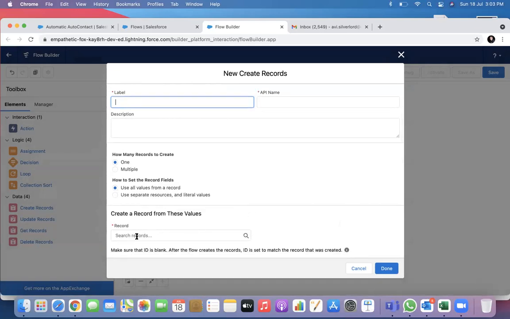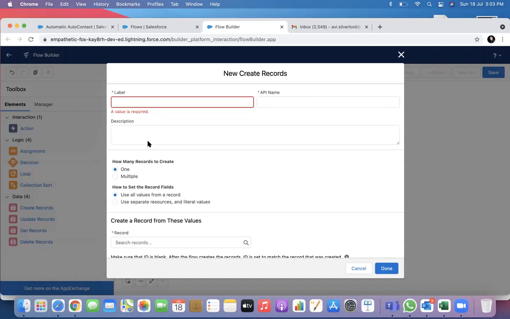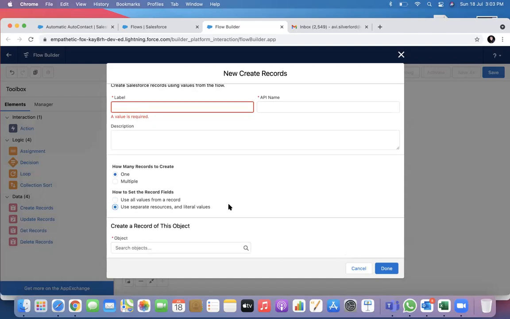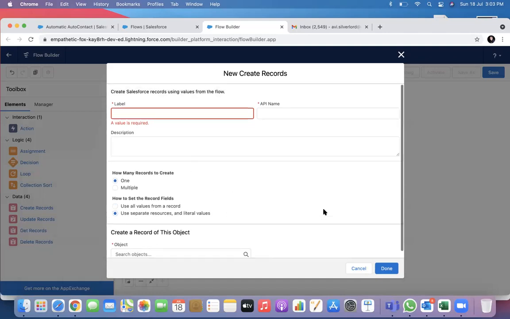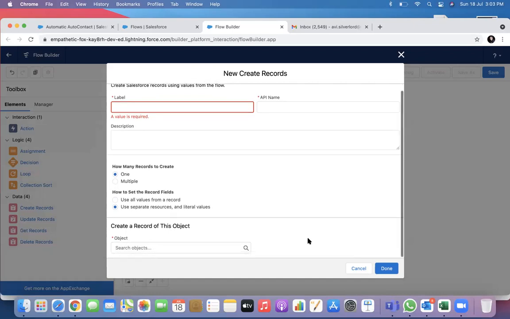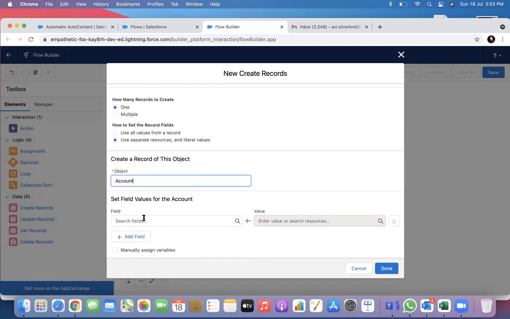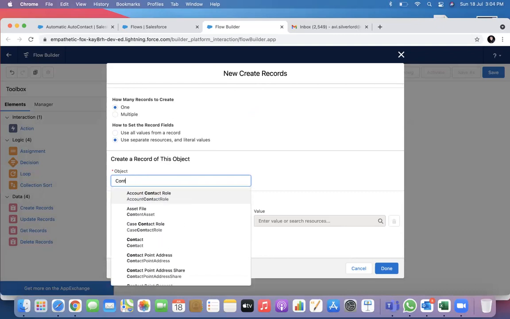You can use separate resources. You see, if you use separate resources here, then you can put the values here. So if I say object is account, sorry, not account, I will go to create contact.